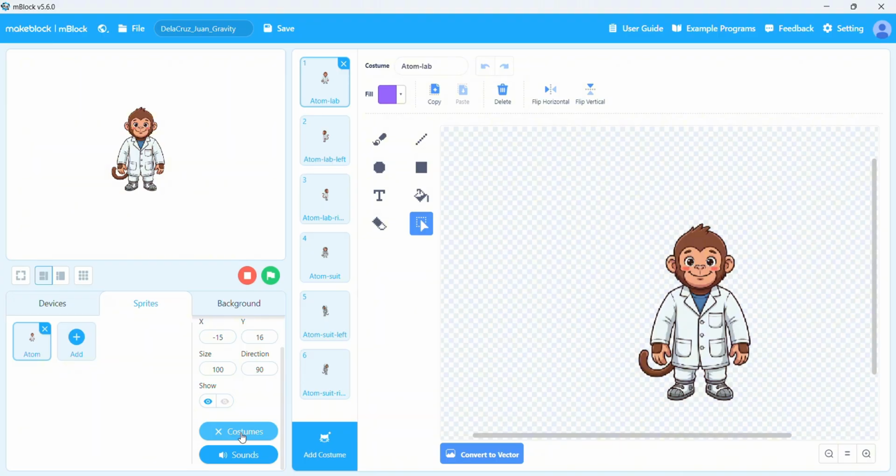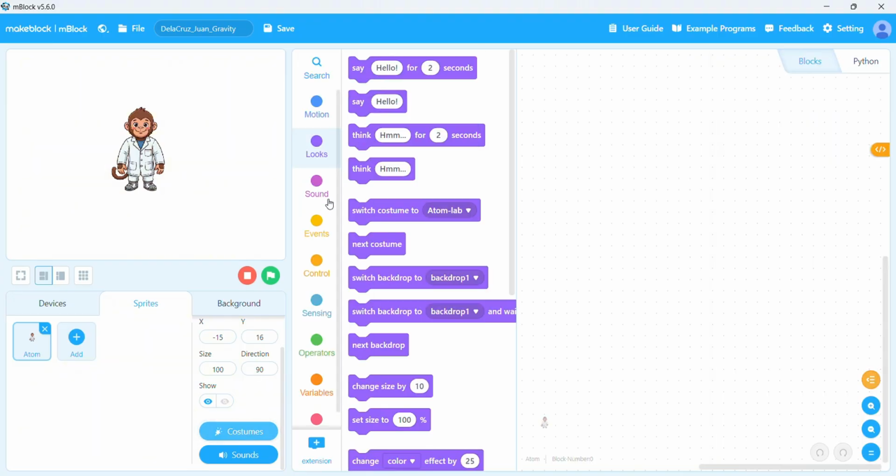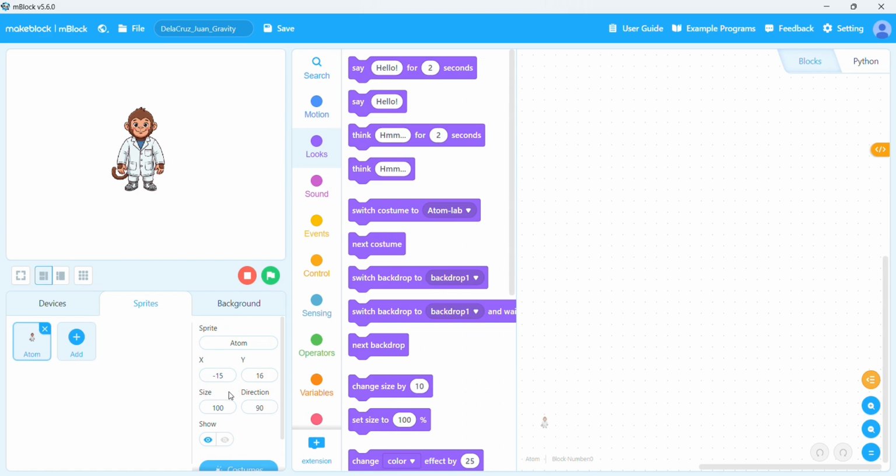Close the costume editor, and with the Atom sprite selected, look at the sprite's properties panel below the stage. Find the size field and change it from 100 to 80. This makes Atom fit the stage properly without taking up too much space.